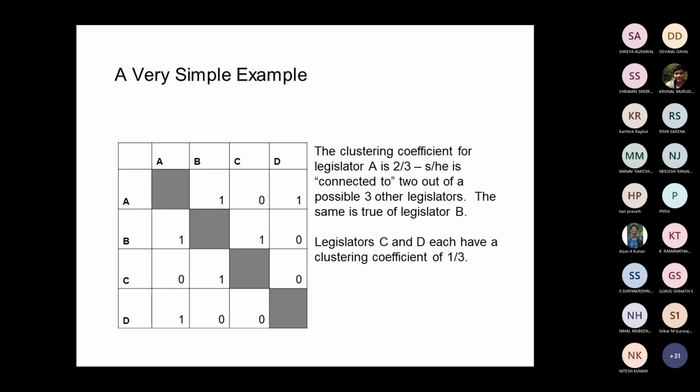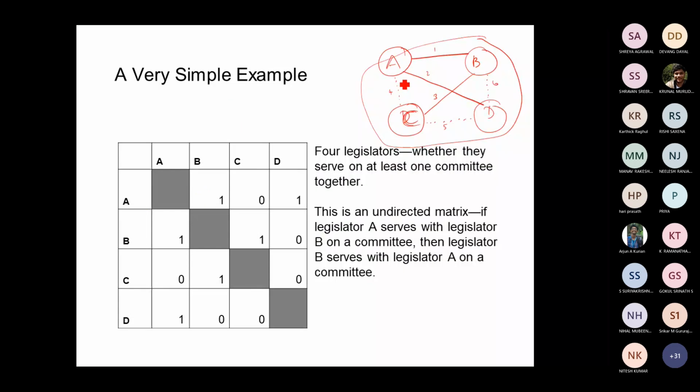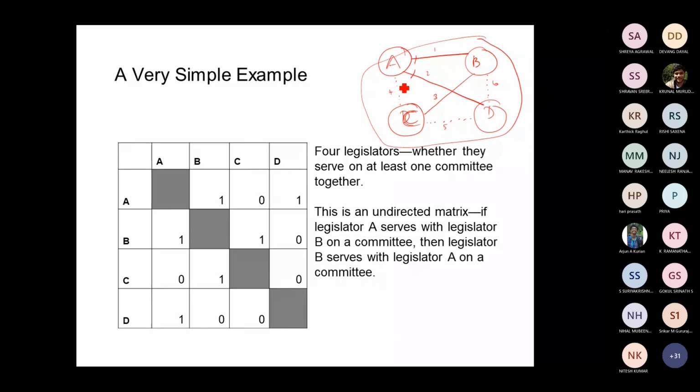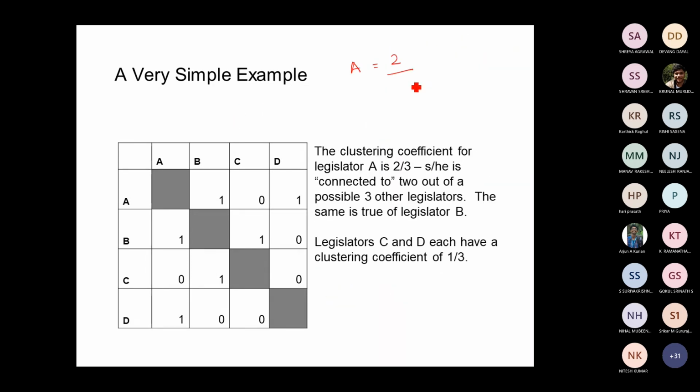Now I have to find out the clustering coefficient for every vertex. So you see over here for A, what is the number of connections available? 2 connections it has. See this graph, how many connections does A have? 2. So 2 divided by the total possible number of connections it may have. It can have 1, 2, 3. Out of 3 connections, it has only 2. For B, you see it has 2 connections out of 3 possible connections.